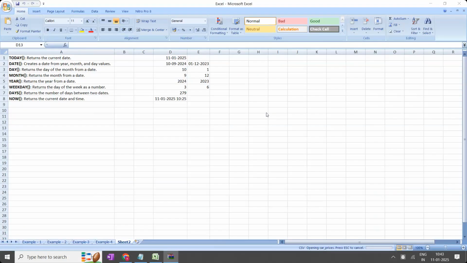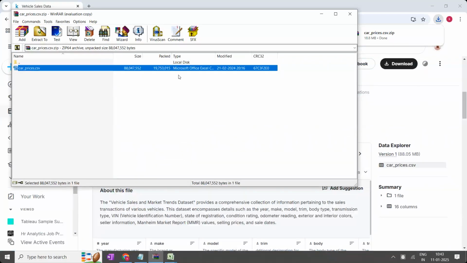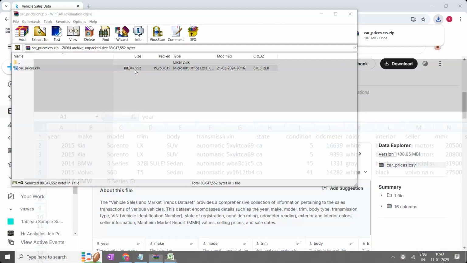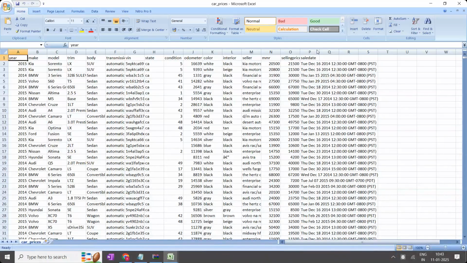What data are you having? Open the data. This is not the data, this is my today's class notes. It is still trying to open. Opening car prices, one minute. Hold on, it might be a large data set. If it is taking so much time, it means it is large data. If it is large data, then it is a very good one for us. See, nice, the data set is looking nice.